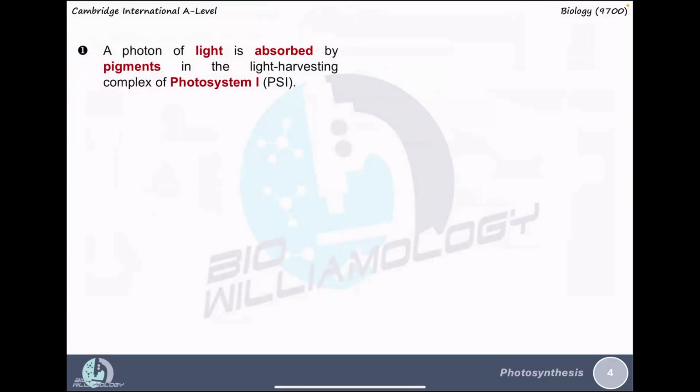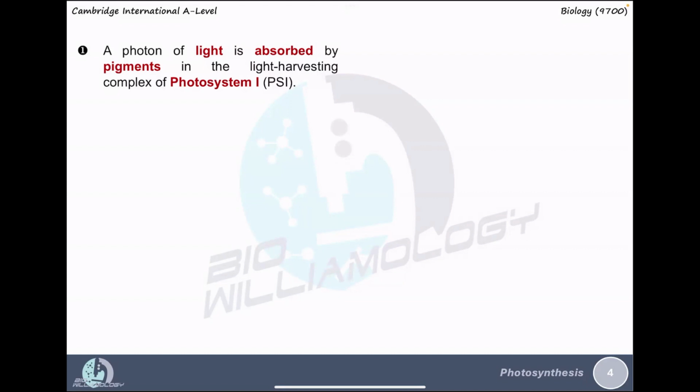So the process starts, I always explain it starting from photosystem 1, easier to understand it this way. But when you describe the process, you can start with the photolysis of water and continue with photosystem 2, after that photosystem 1, and eventually the final electron acceptor gets involved here, and NADP accepts the electrons to form reduced NADP. So in terms of explanation, I start with photosystem 1, as we know that photons,